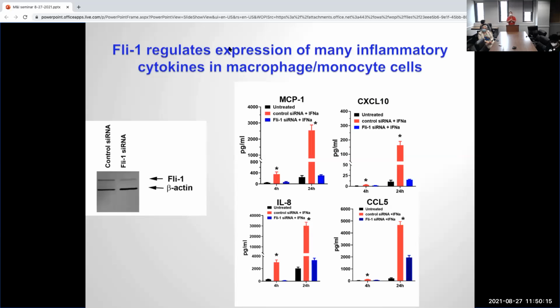So then we tried another cell type, the monocyte, a THP1 human monocyte. If we knock down Fly1 and also stimulate with interferon alpha, we see significantly reduced MCP1, CXCL10, and RANTES, CCL5, and IL6 in this case. That's why my title says the impact on autoimmune diseases, not only lupus. I think Fly1 is involved in diseases like multiple sclerosis, and potentially reducing Fly1 could affect